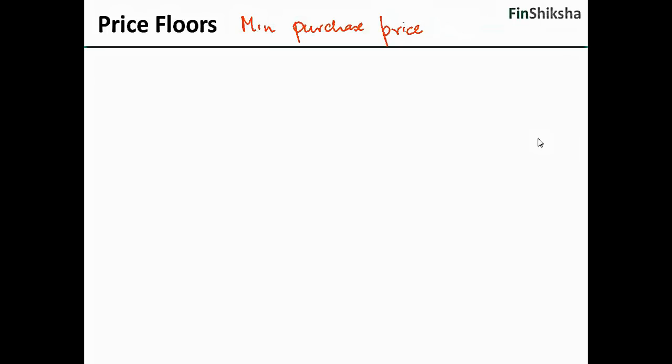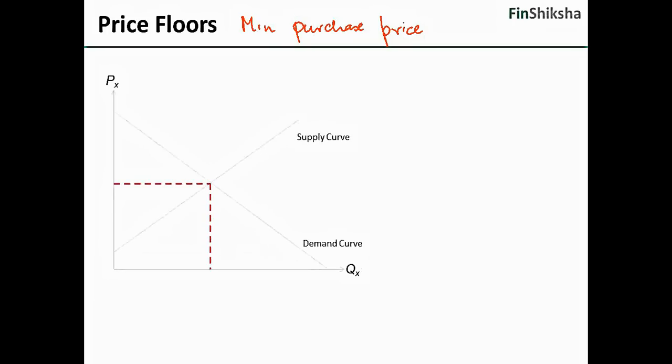How does a price floor work? Let's understand. So we again have the axis, we have the demand curve, we have the supply curve, and we have the equilibrium point. This much is the same as the earlier cases. P star, Q star. Now let's assume this is the price which comes in as a floor. Correct? Once again, you will note that the producer surplus and consumer surplus are areas given by the curves as we had discussed earlier. The triangles denoted by point P star and Q star respectively.